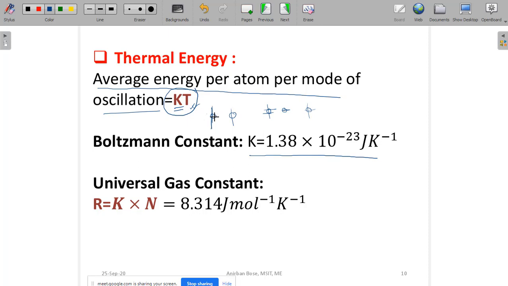So it is clear that because of the different directions they are moving, and because of this oscillation, their directions are changing. And since some of them are getting energy, their amplitudes are increasing. So throughout the material, if you try to see their energy level, all the atoms have different energy, and they do not have the same energy. They have a very small value of energy close to zero to a very, very high value of energy towards infinity. So they are actually varying in energy from a very small value to a very high value at different atoms.